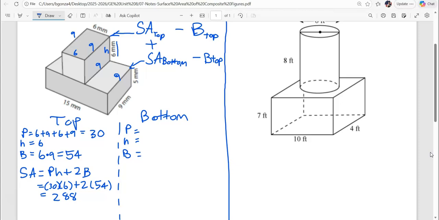Perimeter of the bottom. Do you see how the bottom base is 15 by 9? So it's going to be 15 plus 9, and then the other sides are 15 plus 9. That should give you 48. The height of the bottom prism is 5. And then the area of the base, 15 times 9,